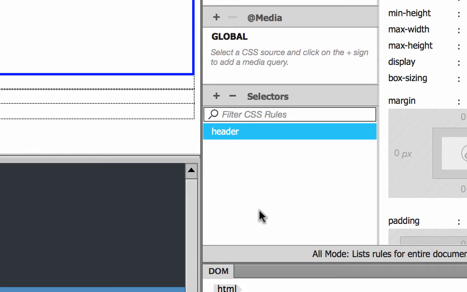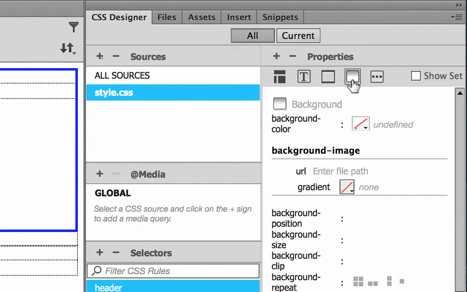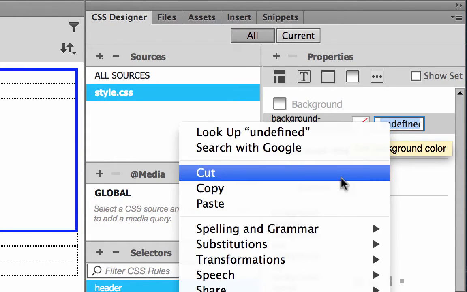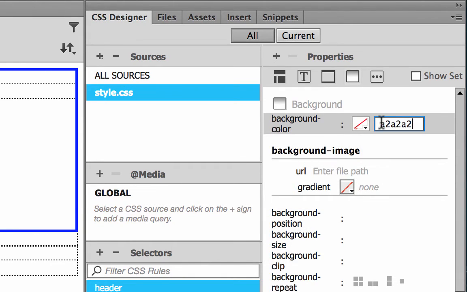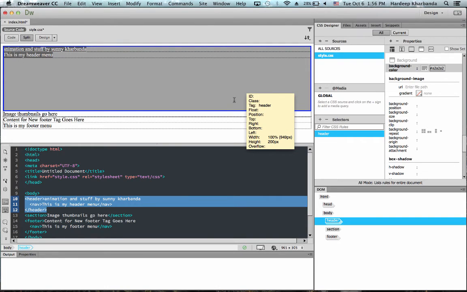I go back to Dreamweaver, go to the background tab, and under background color, I'll click here and paste. I just need to add the hash sign before it, hit enter, and there you go. I have my gray background here.